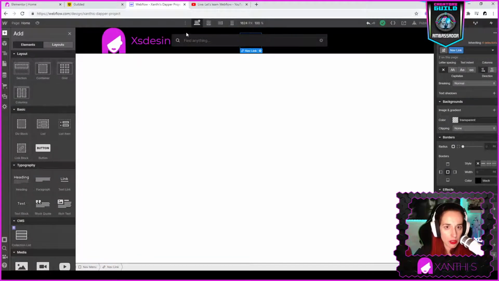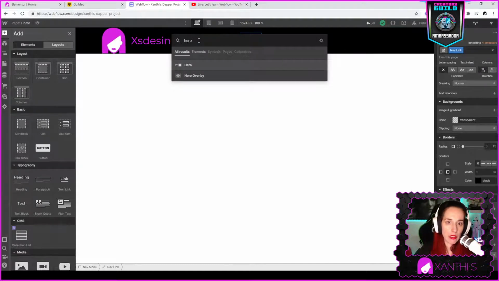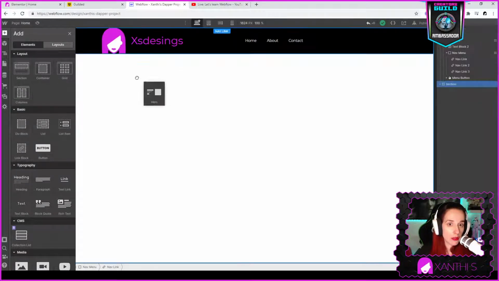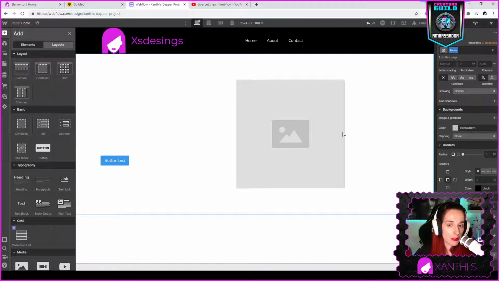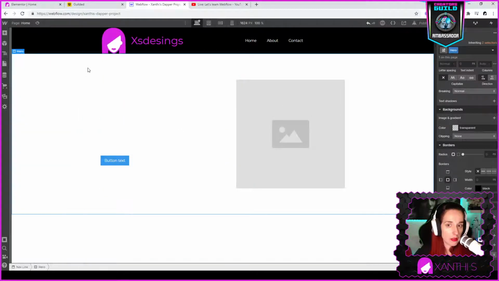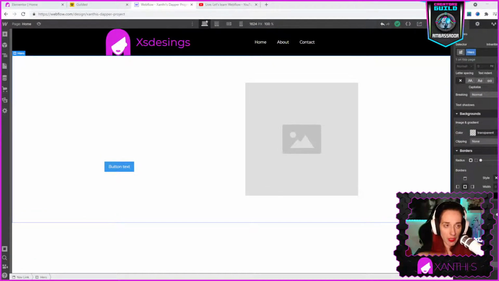They have a search, find anything, hero. Hero image, a hero section. Yeah, I have seen that on a tutorial somewhere. Here you see there is a search icon, and you can search something and it will bring you.